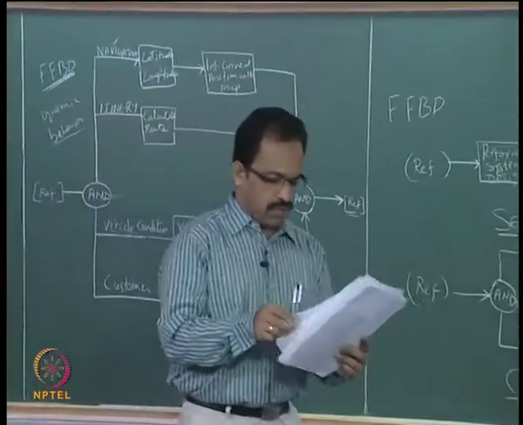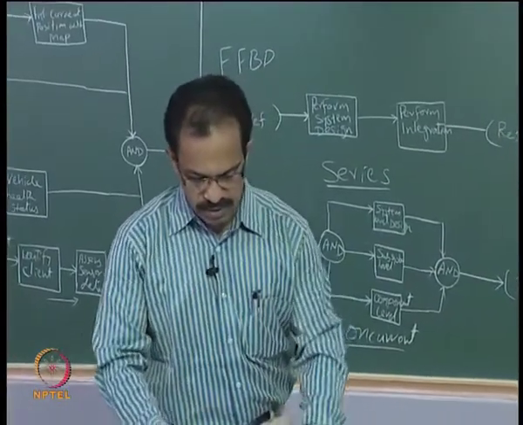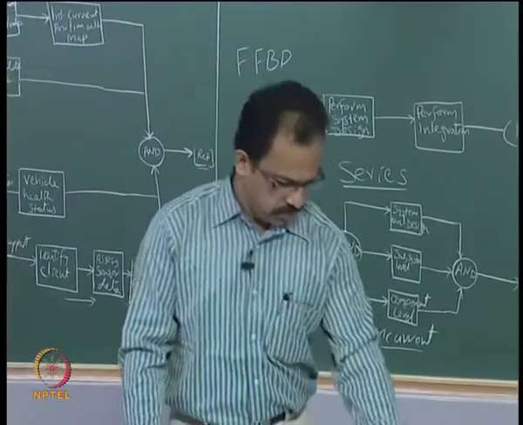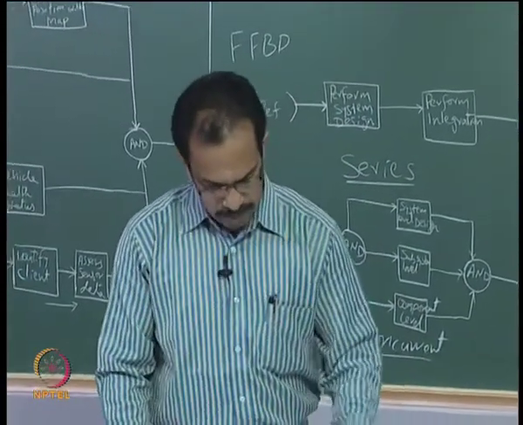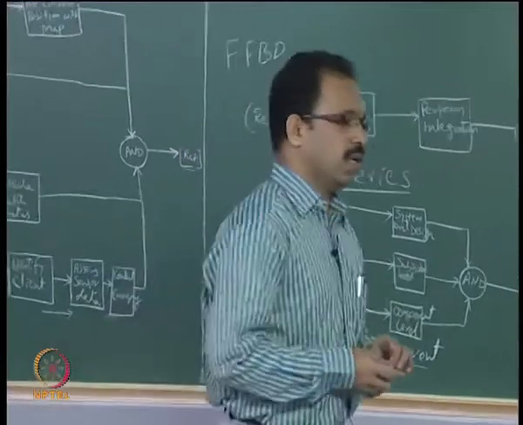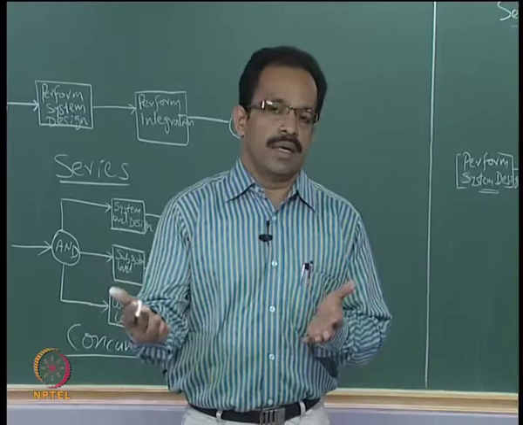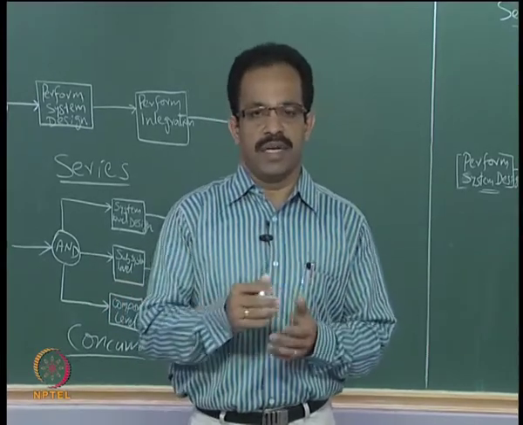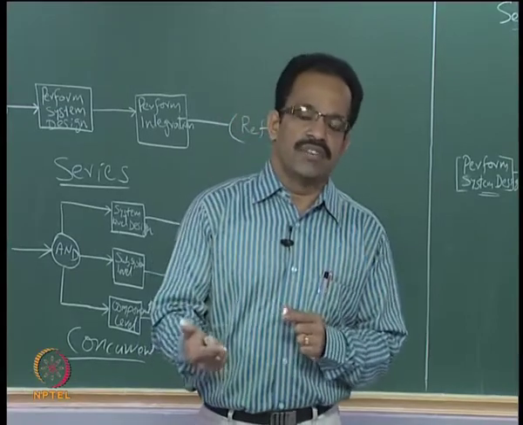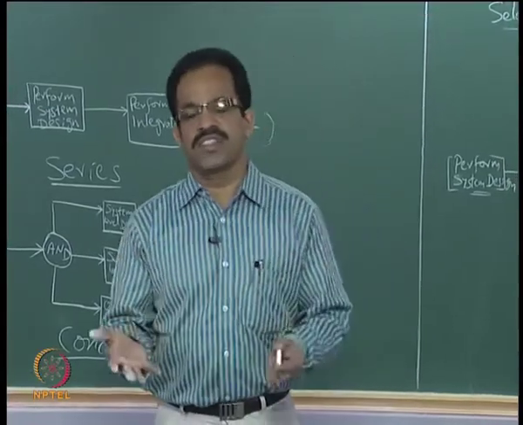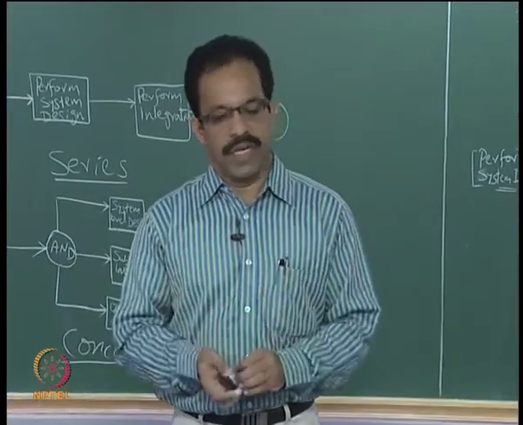This was an example for the functional flow block diagram, and the next method is called Petri Net. Petri Net is also a method used for modeling the dynamics of the system, that is, how the input and output can be controlled, how the concurrent activation as well as the status of different functions are handled, and how we start a particular process, or what are the conditions under which a process can be started. All these can be represented using Petri Nets.